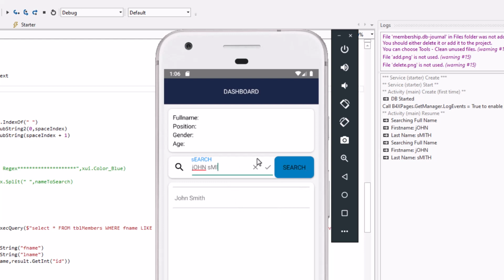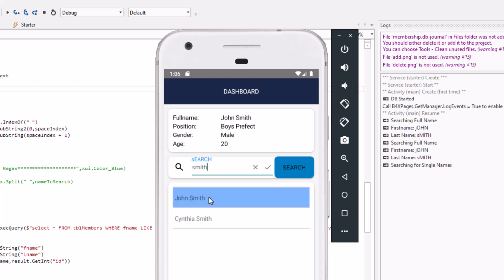Part of only Smith. That means we should get John or Cynthia, right? When I click on John, I have John. When I click on Cynthia, I have Cynthia. When we search for Ashley, we have John Ashley. When we click on it, we have John Ashley.